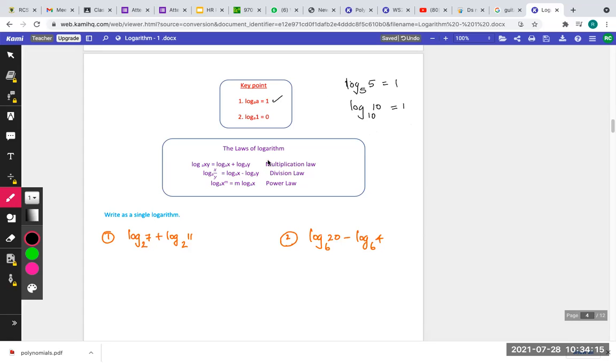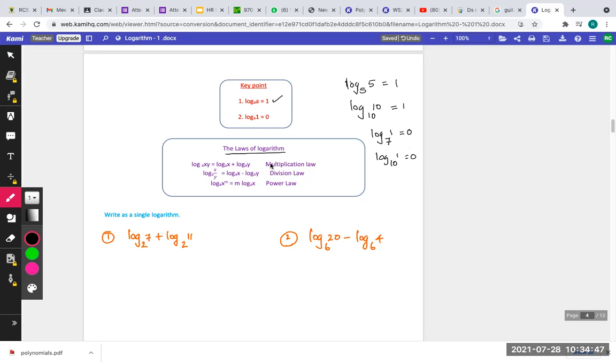That's a standard result. And also log 1 to any base, this a means it can be any constant, should be equal to 0. Meaning log 1 to the base 7 should be equal to 0. Log 1 to the base 10 equal to 0. Anything with log 1 with any base is equal to 0. Right? And the most important thing, guys, is the laws of logarithm. That is very, very, very important.